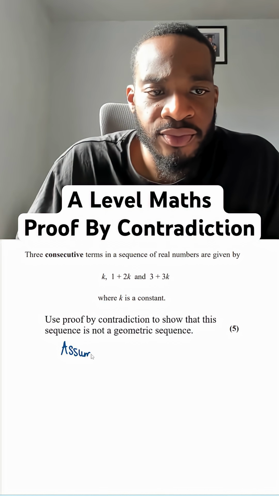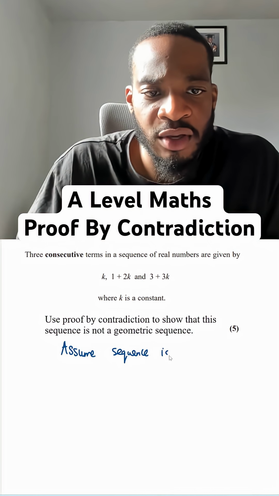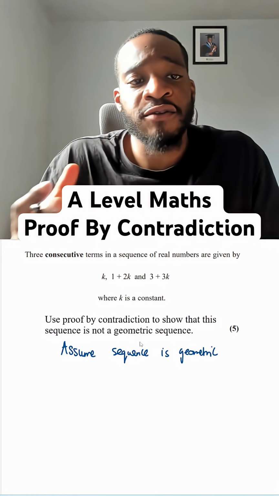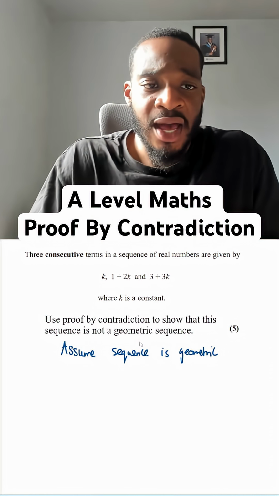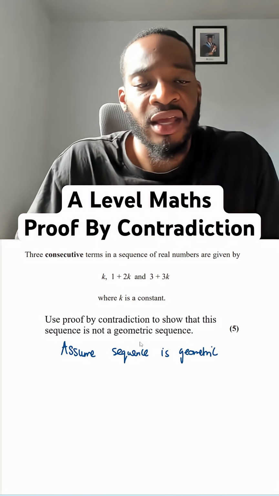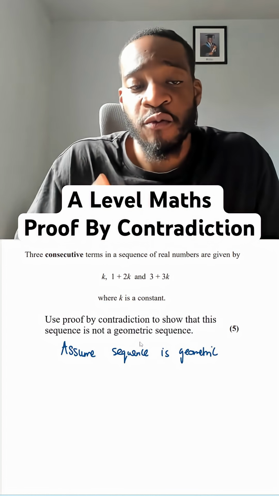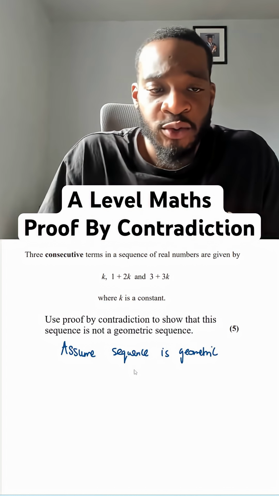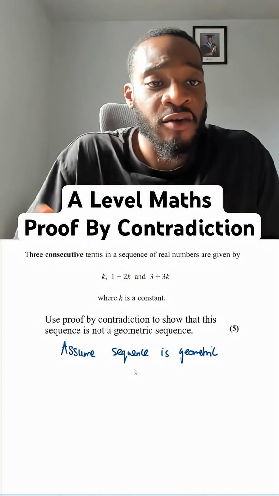Assume the sequence is geometric. That will give you 1 mark. Now, if it's geometric, remember, whenever you have consecutive terms in a geometric sequence expressed algebraically, what you always want to do is find an expression for your common ratio, because with that you're able to form an equation in terms of this variable, and then you can